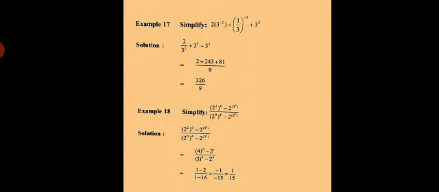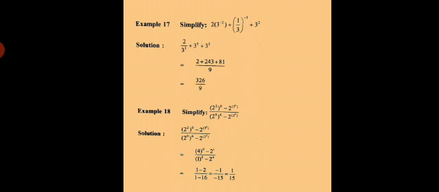Now, simplify this by taking its LCM. Okay, so in your own method you can simplify here, students. You can multiply 3 raised to 3, that is 27, plus 3 square is 9, and denominator is also 9. You just add 27 and 9. Okay, then take LCM, multiply it by 9. You get 326 after adding it to 2 divided by its LCM, that is 9.